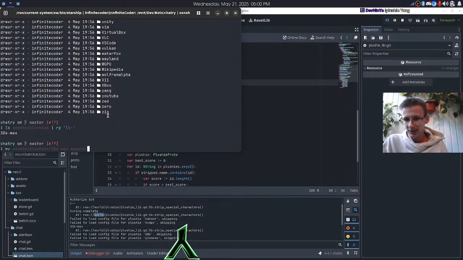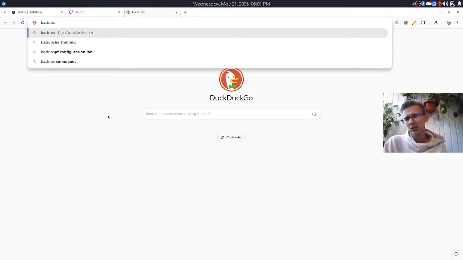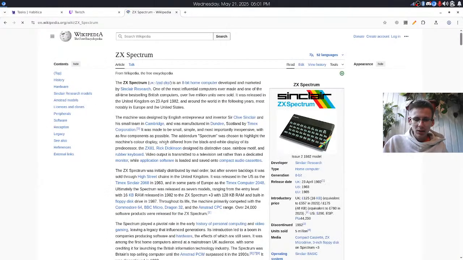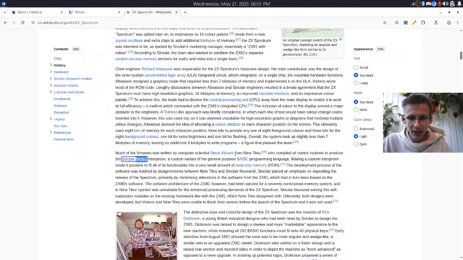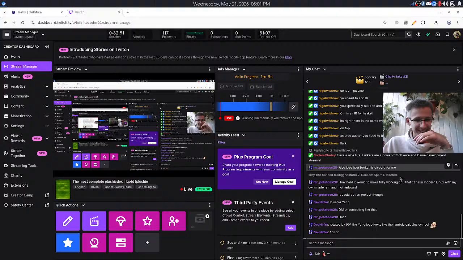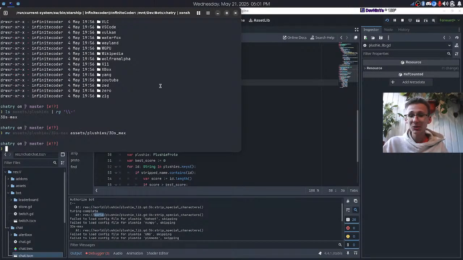3DS Max, assets, plushies, 3DS Max. Those might be easier. Those might actually work, but no. I mean, if you don't care about protected mode, I guess you could get a basic interpreter. Like if you want, yeah, true. See, it depends on what you mean by